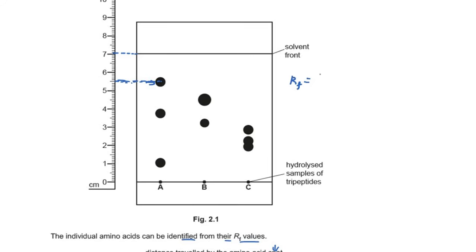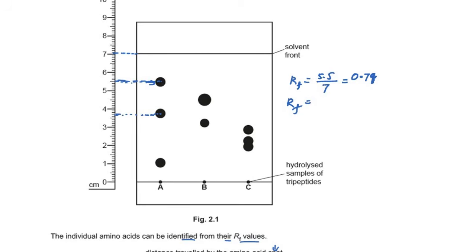Our value should be 5.5 divided by 7, which is approximately 0.78, or you can say 0.79. This is an approximate value because the value has many more decimal places, but we have shortened it to 2 decimal places. Now if you talk about the second spot, if we count from the center, it is approximate